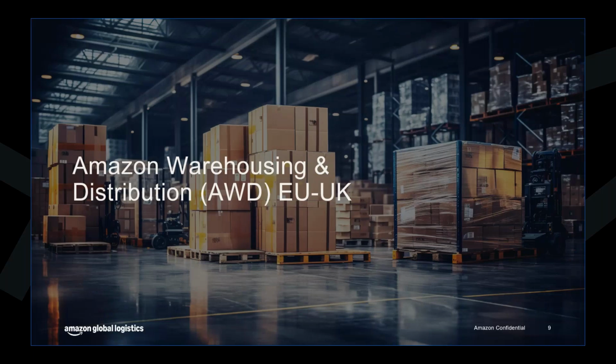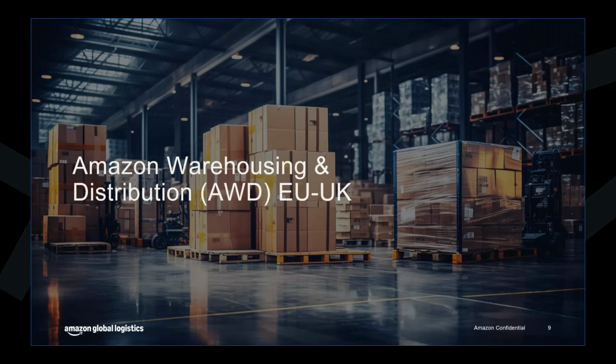And I think this is what I already saw in the chat that I quickly want to answer. The first part of the presentation is really on Amazon Global Logistics specifically, but Amazon Warehousing and Distribution is also available for sellers that say we have cargo in Europe that we want to send to AWD, or we have cargo in the UK that we want to send to AWD. We do not have imports from China. That is completely fine. Amazon Global Logistics just offers you the possibility to bring in your cargo from China directly to Amazon Warehousing and Distribution. Let's hope that answers your question.